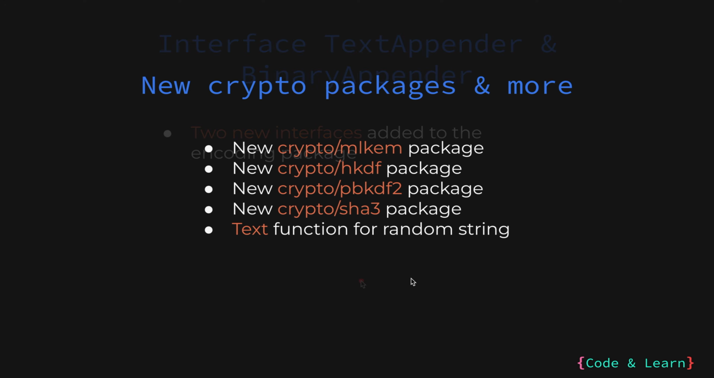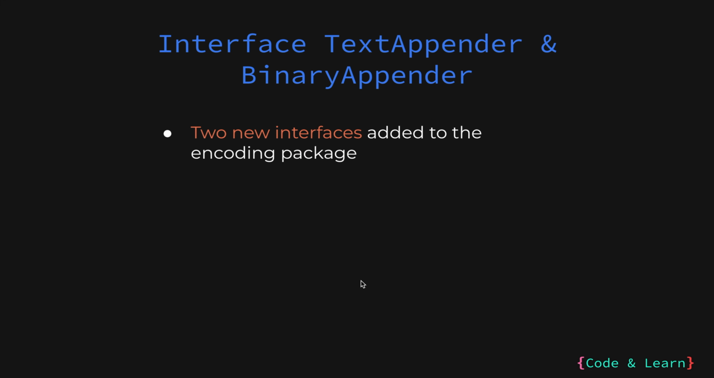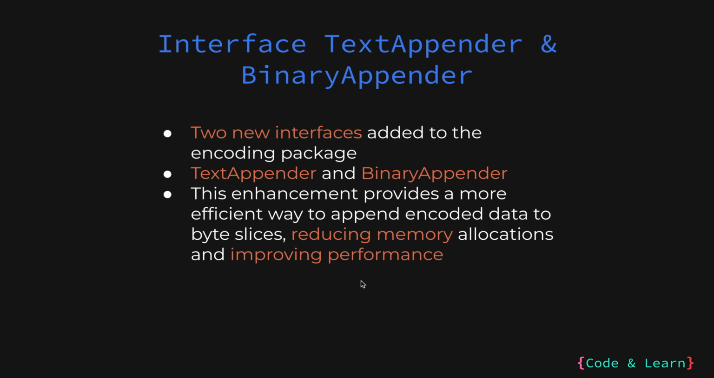in different cryptographic functions. Go 1.24 also introduces two new interfaces to the encoding package. These interfaces are TextAppender and BinaryAppender. These interfaces append the textual or binary representation of an object to a byte slice, similar to the two interfaces before, which are TextMarshaler and BinaryMarshaler, but without allocating a new slice each time. These interfaces are now implemented by standard library types that already implemented TextMarshaler and BinaryMarshaler. So if you check the change docs, a lot of the changes introduced in 1.24 are related to these interfaces. This enhancement provides a more efficient way to append encoded data to a byte slice, reducing memory allocation and